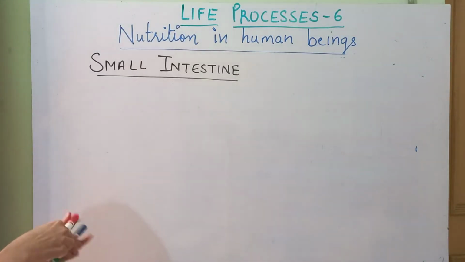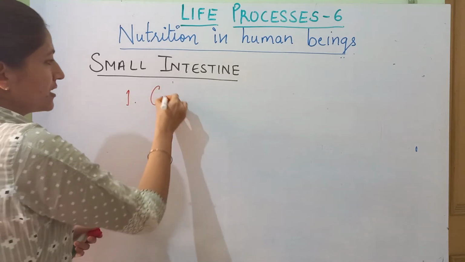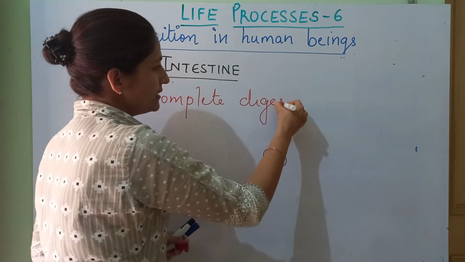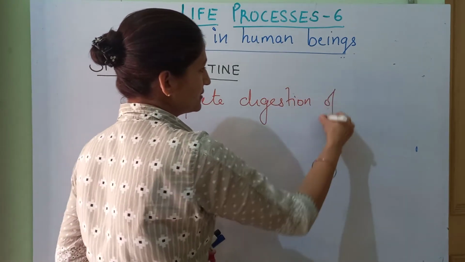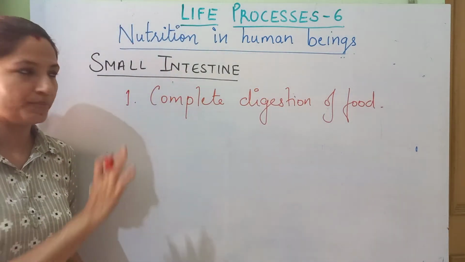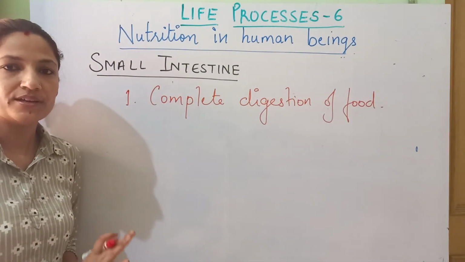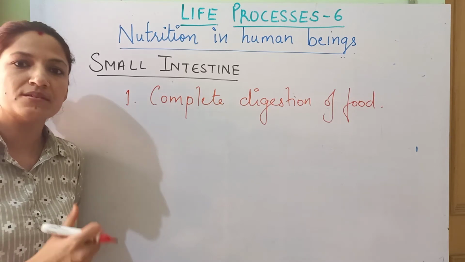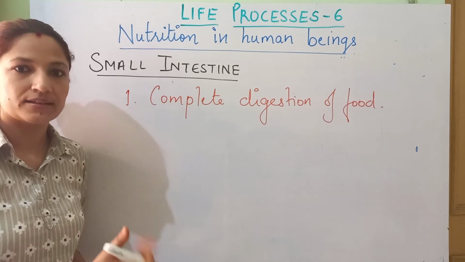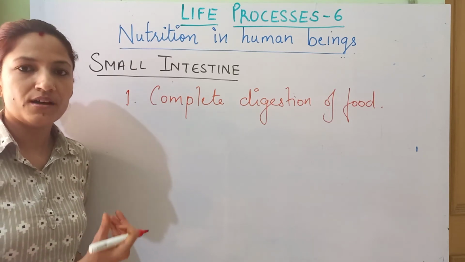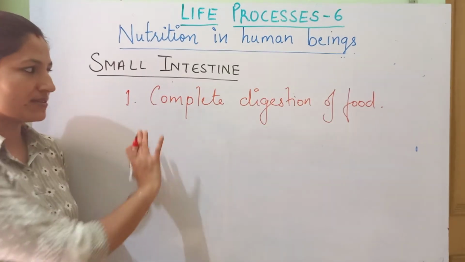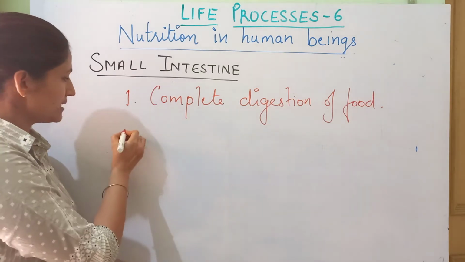So the very first function is complete digestion of food. In this particular part, the small intestine, the food gets completely digested into the simplest form. Carbohydrates into glucose, fructose, galactose, proteins into amino acids, fats into fatty acids and glycerol. So all this will have been done in the small intestine. Okay? Second,